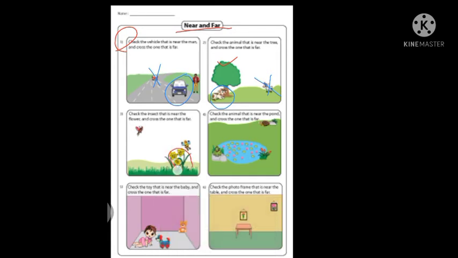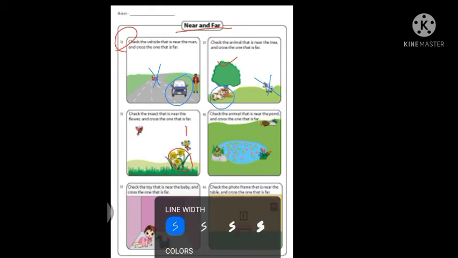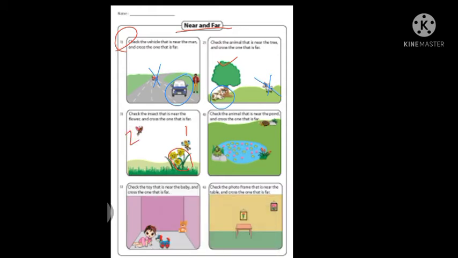Here we have to see these flowers. According to this flower, here 1 and 2 butterflies were there, right? How many? 2 butterflies were there, and we have to find out which one is near and which one is far. We have to cross out the butterfly which is farther from that flower. So here students, you can easily see that this one is nearer to the flower and this butterfly is farther from the flower. So that means this farther one we have to cross out, and I am circling those which are near to the objects.